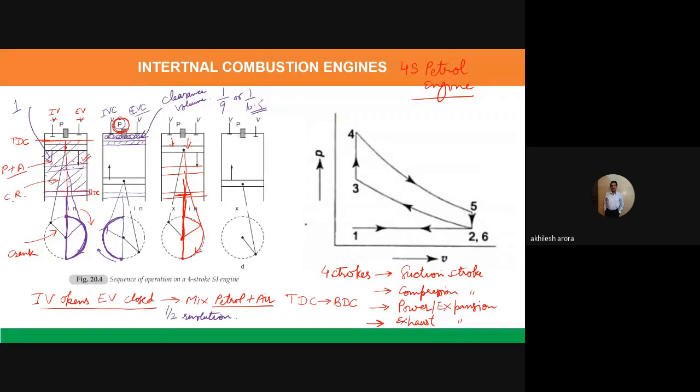So 1.5 revolutions of the crankshaft have already taken place, and as you have seen, because the gases are forcing the piston downwards, it is known as the power stroke, because we are getting the power. This power stroke is basically responsible for the motion of the engine, or the vehicle. Because of it only the automobile will start moving. Once the piston moves from the TDC to BDC, this is known as the power stroke.